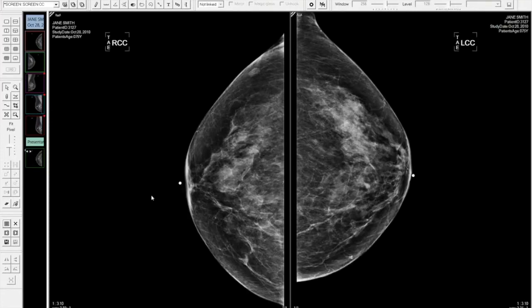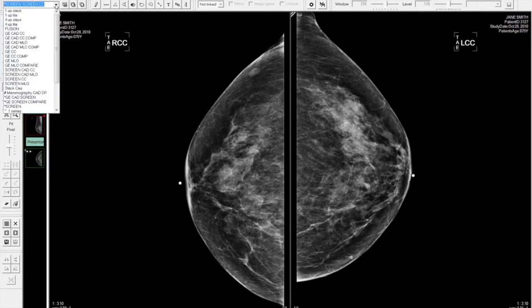Obviously, the radiologist will choose how they want the images displayed. Rather than dragging images in and out of the viewer to replace the view, I'll create simple hanging protocols, as I did just a minute ago for the other study. But the second step I will take now, I've got my individual hanging protocols,